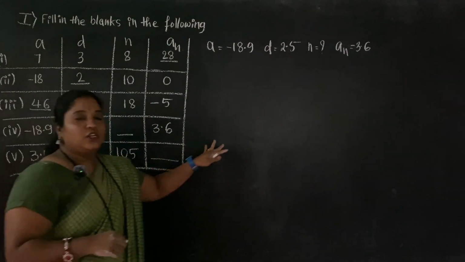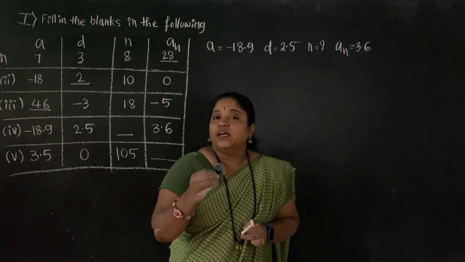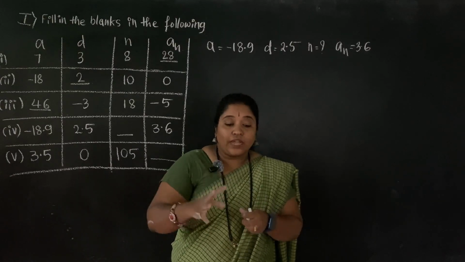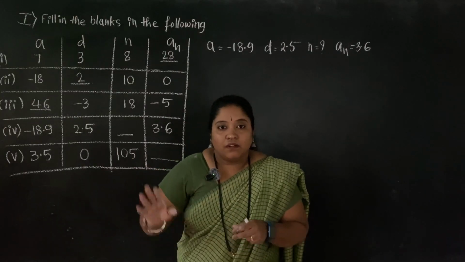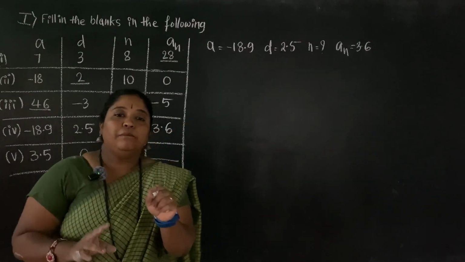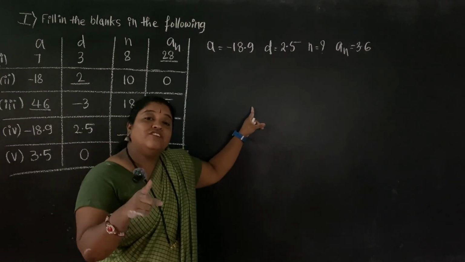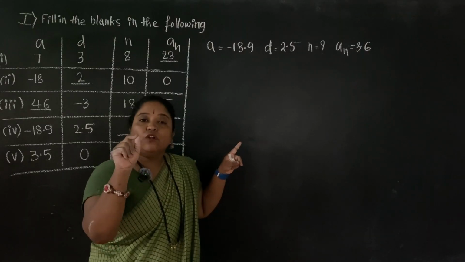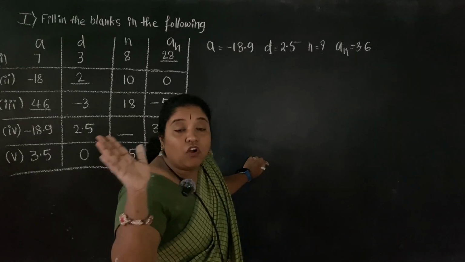It's because, dear, if I ask you a question, how many students are there in the class? You can tell me a whole number, 100, 200, 10, 15. You cannot answer that there are 1.5 students in the class, or 17 and 1 by 2 students in the class. It means the number can never be a decimal or a fraction. Means I want to say here, n value must be a positive whole integer. Understanding? n cannot be negative, n cannot be a fraction or a decimal value.